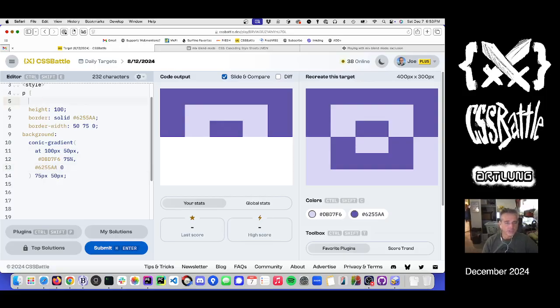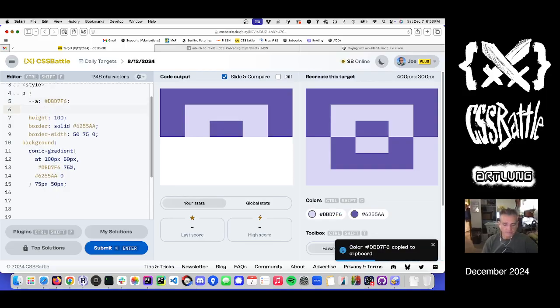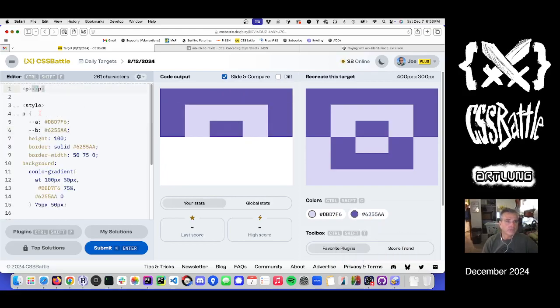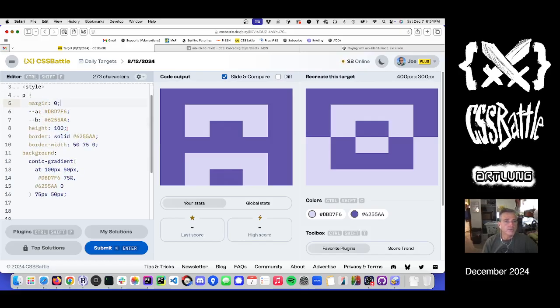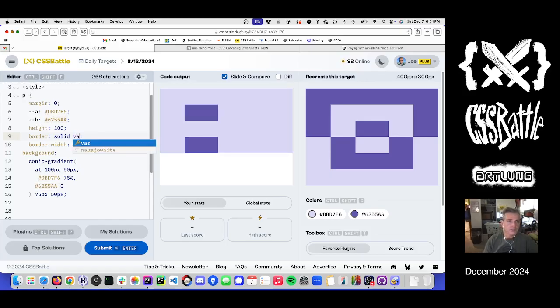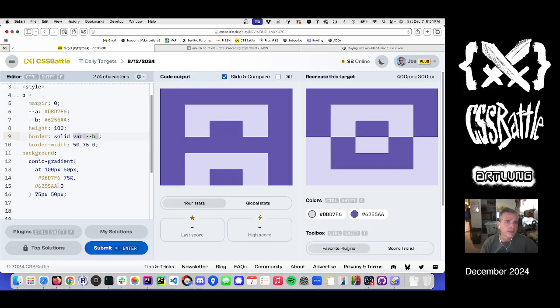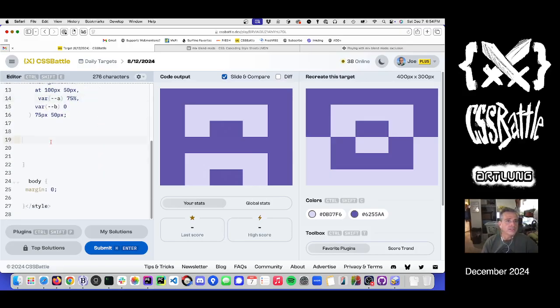So we need to variabilize. --A is going to be the light, and --B is going to be the dark, and then we need a second one. All right, and we do need to set a margin 0, and then we need to replace every instance of the color that starts with 6 with var(--B), and this one starts with this, and then this is var(--A), and then on the second one, sorry for the, can we do code reformatting? Nah, we can't do it. That's fine. That's okay. So the second one,